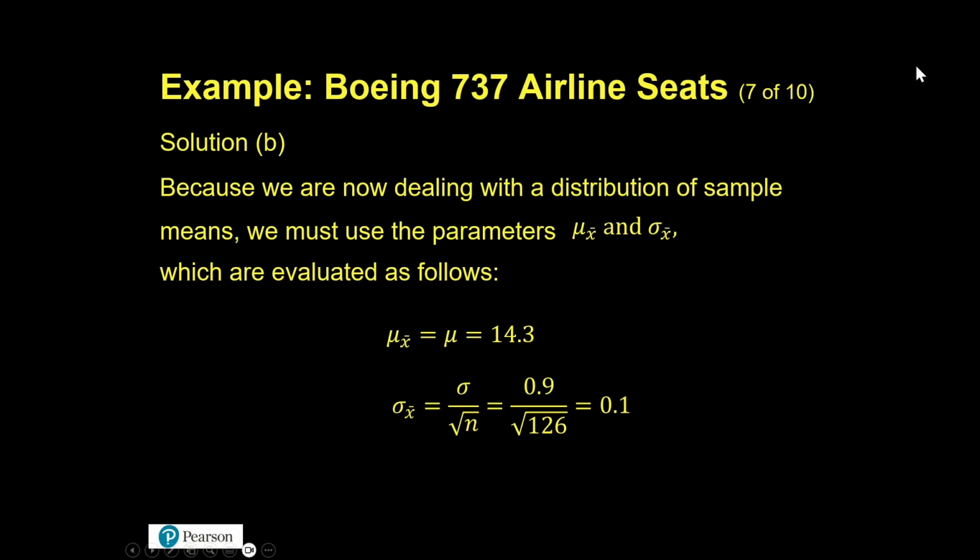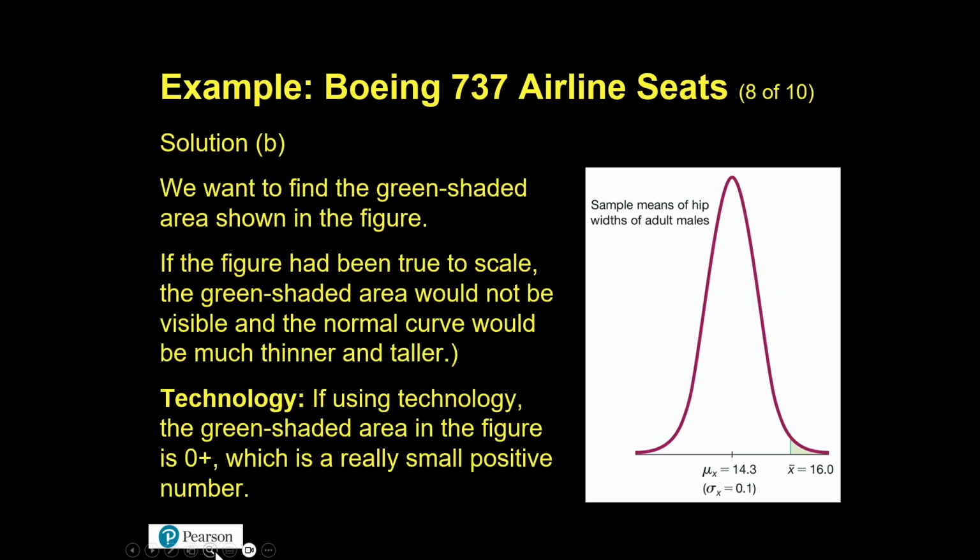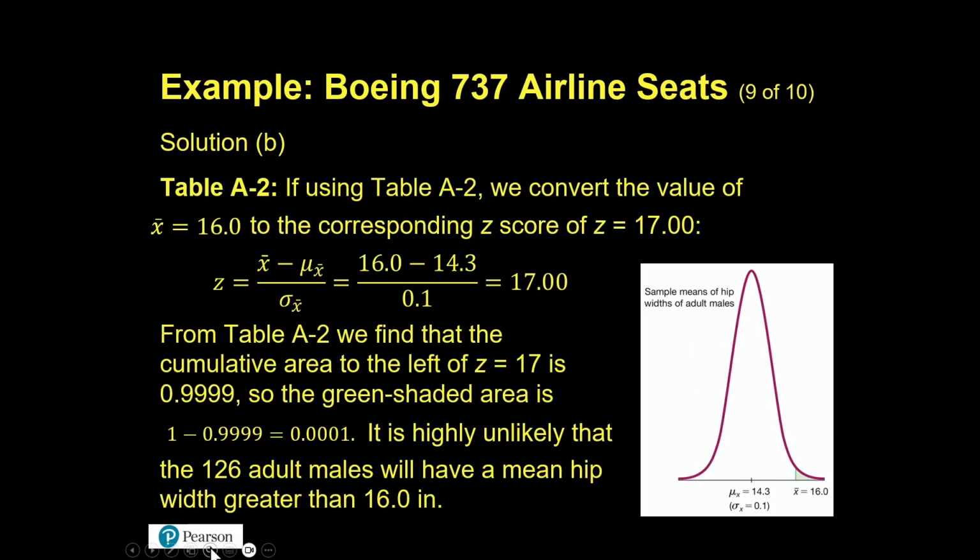The reason their z-score is a bit different is that they actually rounded this. So what they did in the book is technically a rounding error. So what I did is actually a bit more accurate. But anyway, if we go to the next slide, they still got a huge z-score of 17.00. And honestly, once you get a z-score that's much larger than 3.0 or much smaller than negative 3.0,